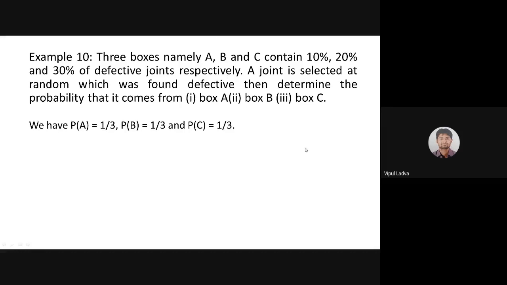अब जो भी एक जॉइंट चूज कर रहे हो वो ए में से भी आ सकता है या तो बी में से या तो सी में से. If I need to go for P of A in this case then as per our formula it should be m divided by n, is it? That m is number of favorable cases, n is number of total cases, then n. If I'm looking for